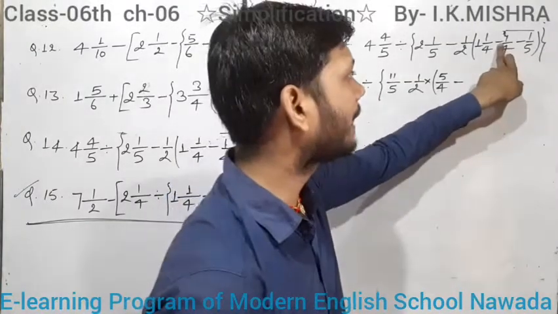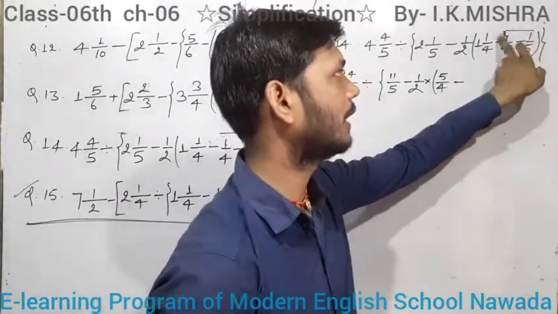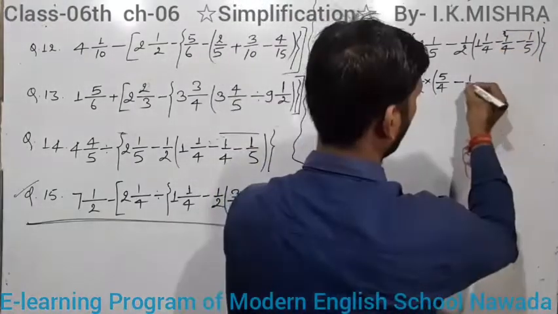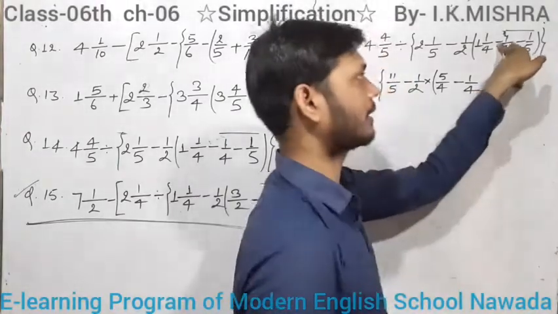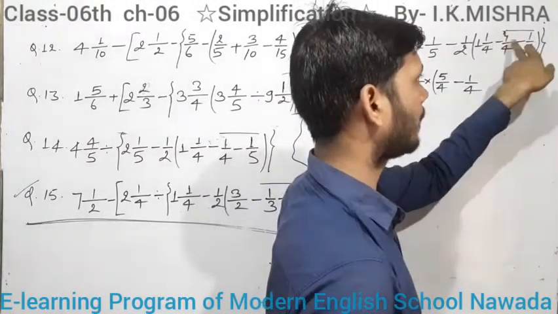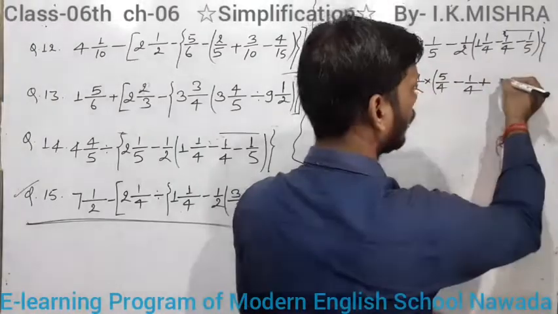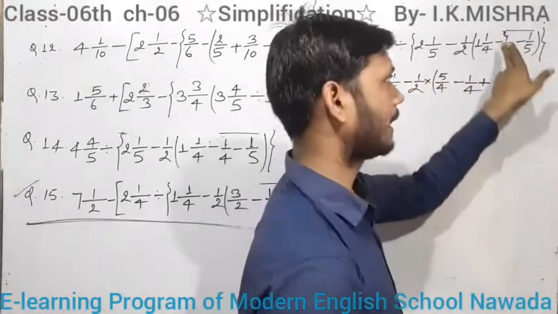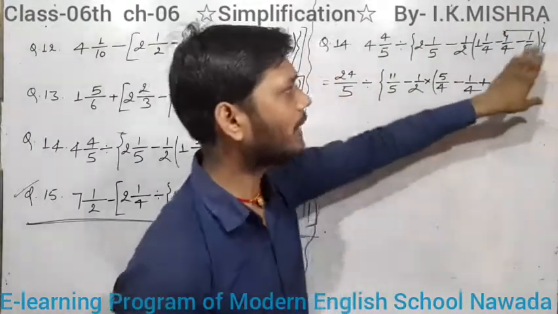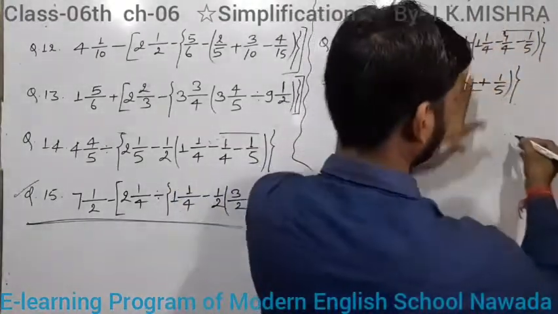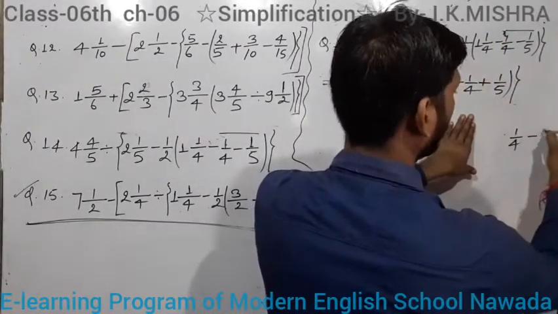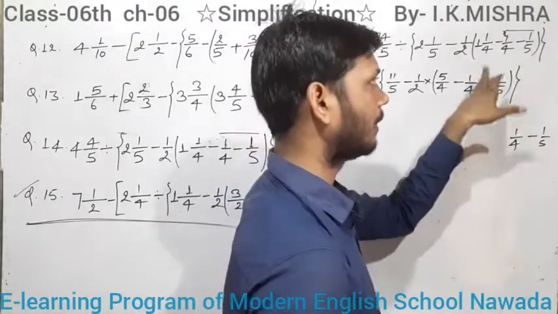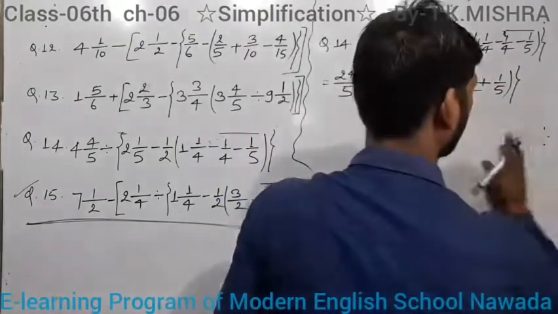multiply the minus in both of these. So when you multiply minus in 1 by 4, it is minus 1 by 4, and when you multiply minus in it, minus becomes plus 1 by 5. Students, clear? And the bar bracket is removed. Students, you can also do it as 1 by 4 minus 1 by 5, and you can do the operation and write it here after the minus. So students, here now